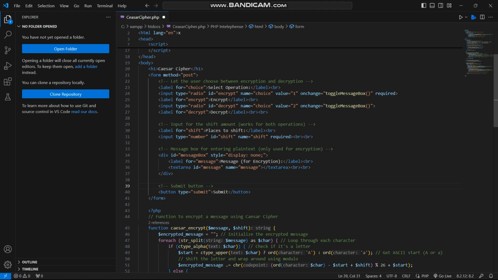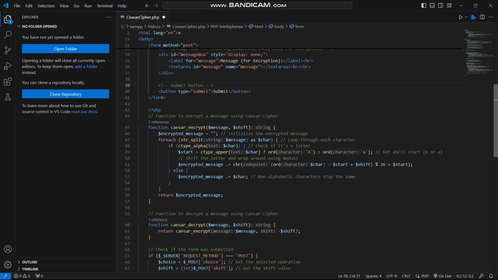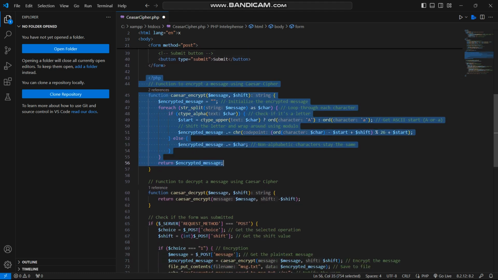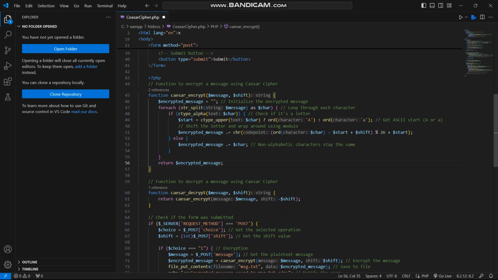And for encryption, here in the PHP, it will take the message entered by the user, process it using the Caesar cipher encryption function, and save the result in a file named